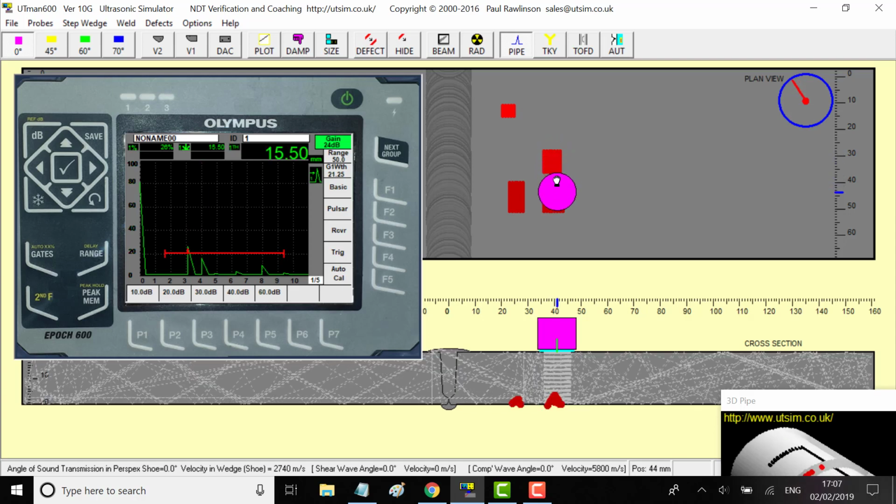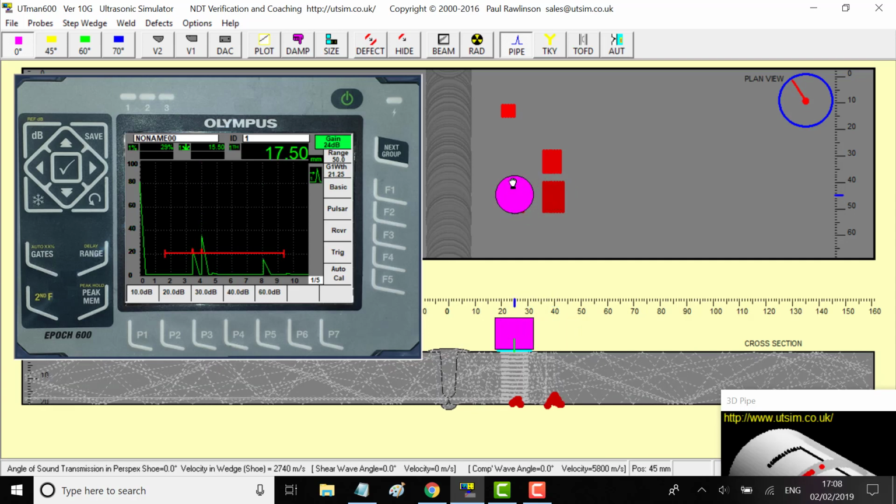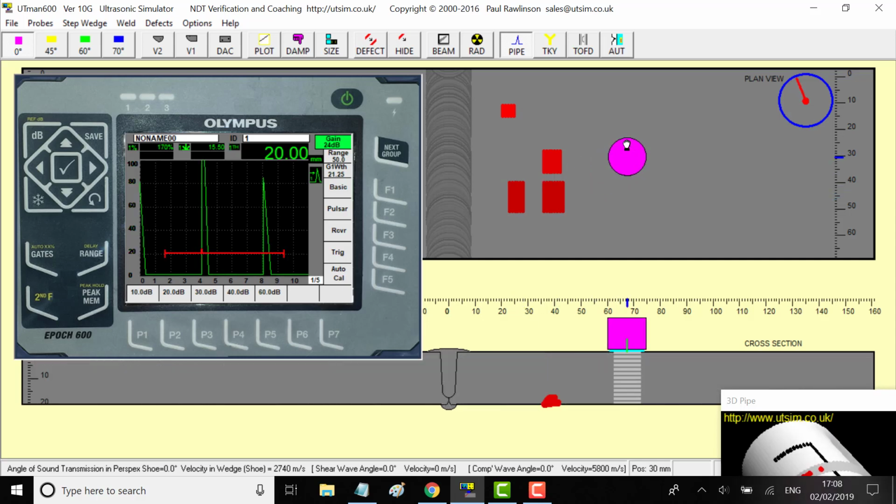The third area here, we're getting 15.5. There's a 4.5 millimeter loss of wall thickness. And here on the last shape we've put in, we're getting 17 millimeters, which is a loss of 3 millimeters of wall thickness. Now these in-service pitting defects on the internal surface could be spread out more or put more densely,